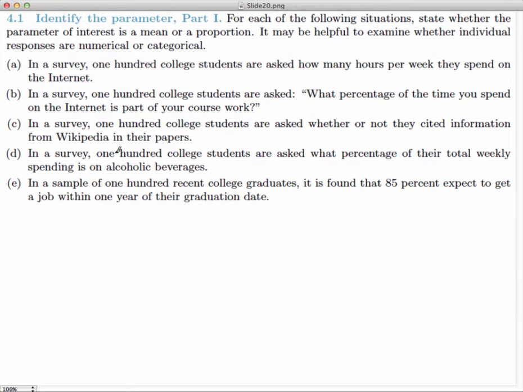So in a survey, 100 college students were asked how many hours per week they spent on the internet. So notice here that they're asking us for a quantity. This is a numeric value, how many hours. So since we're talking about a quantity here, which one of these would we be looking for? Well, as it turns out, when you're working with a mean,